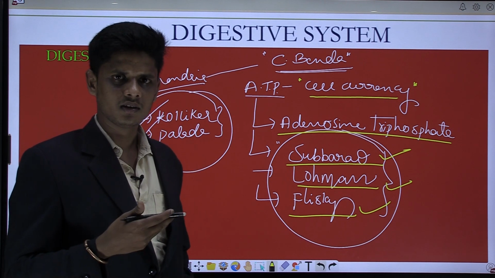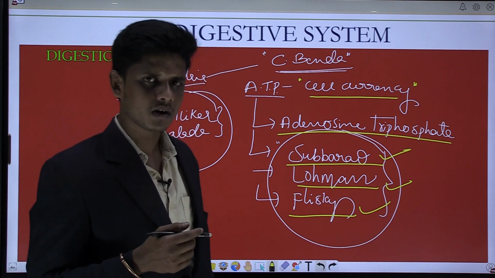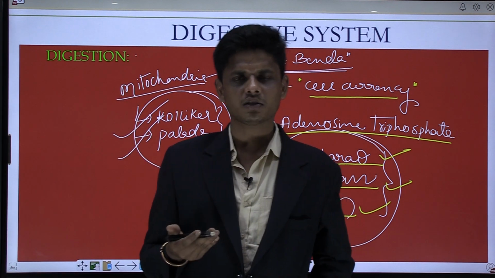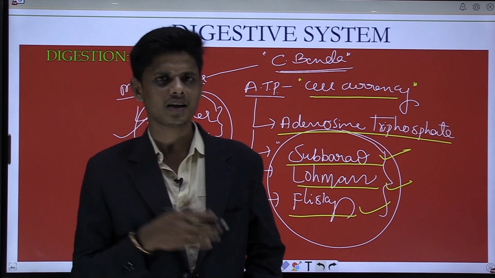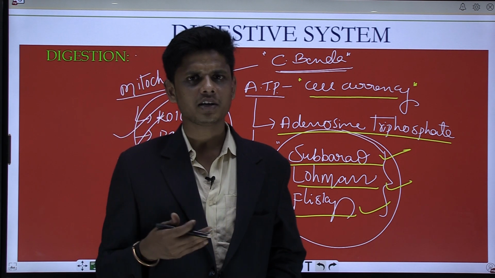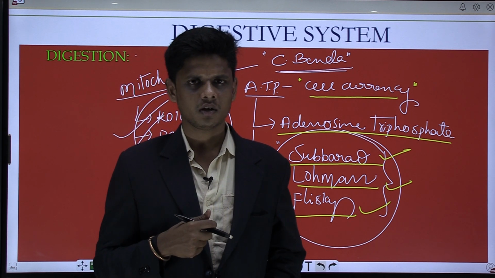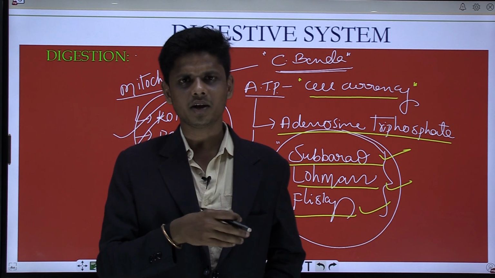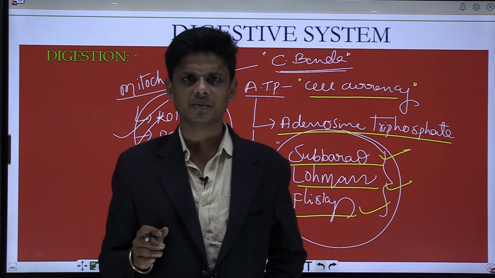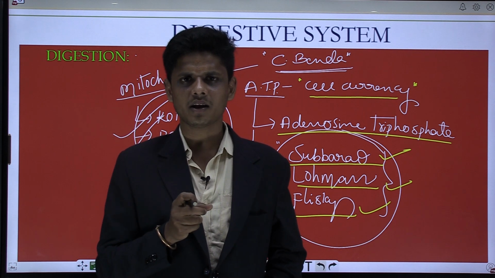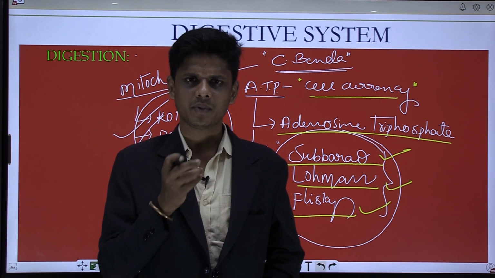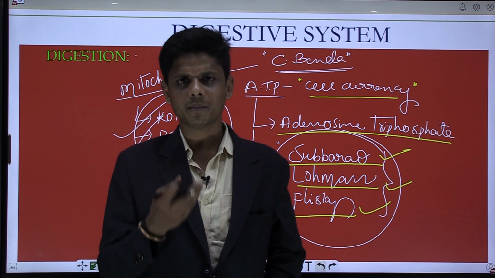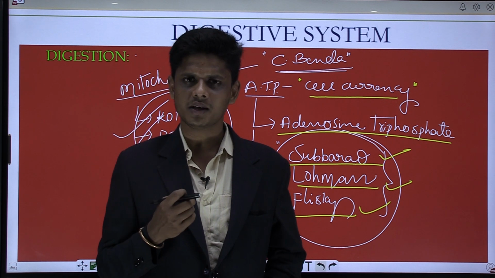What is digestion? Here digestion means the breakdown of complex food molecules into simple food molecules in the presence of enzymes and glands. And after the complete digestion, what would you get? That is glucose. And that particular glucose is supplied to every cell of the body in the form of ATP. And who stores the glucose? Glucose is stored by the mitochondria. And this mitochondria was discovered by Palade and Kolliker.